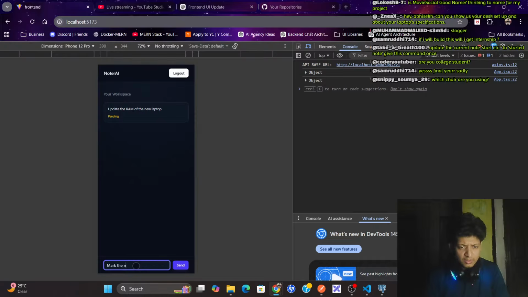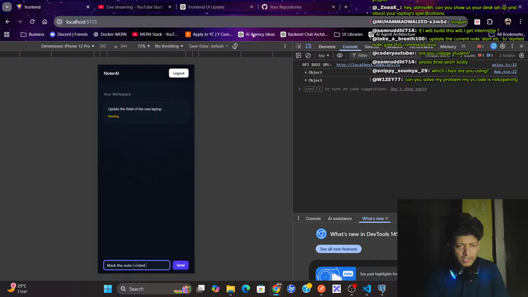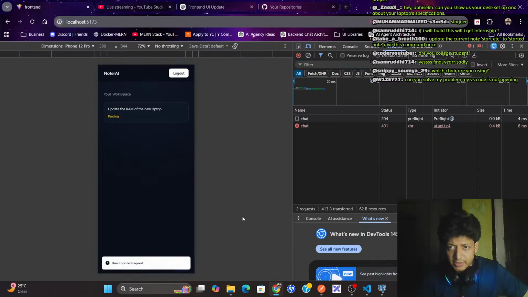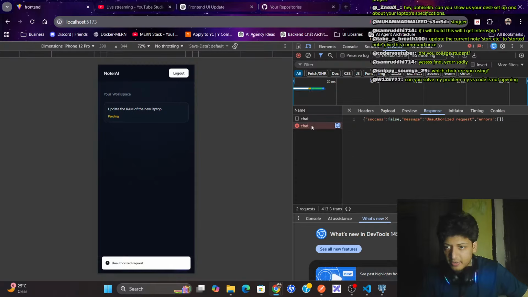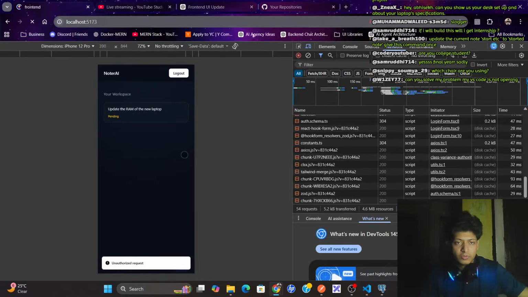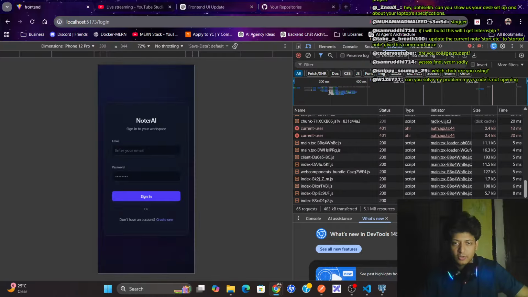Mark the note related to RAM as completed. Network error. I got an error: unauthorized request. Okay, I logged out. No issues, because the token got expired.